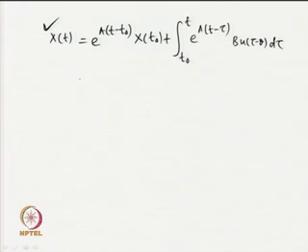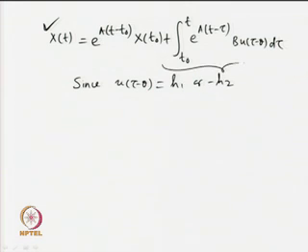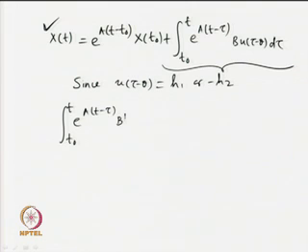Now, since in our case luckily u(tau minus theta) is a constant, either h1 or minus h2, it is very convenient to find the second part of x(t), which becomes the integral from t0 to t of e to the power A(t minus tau) B h1 d tau, or minus h2 d tau. So, let us take u(tau minus theta) equal to h1,